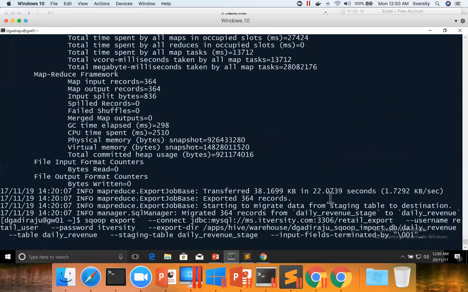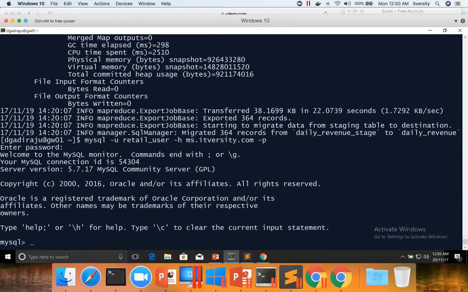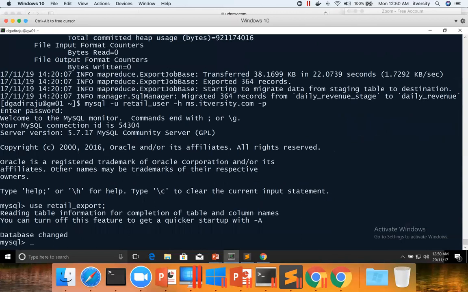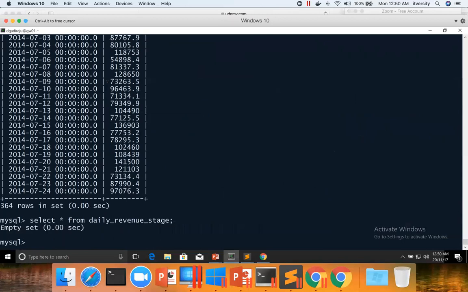Now you can also go back to the MySQL database and run the query. Daily revenue has 364 records and daily revenue stage also will have 364 records. Okay, so clear staging table actually clears. I think even without clear, if the export is successful, it will always clear the staging table. That we can validate